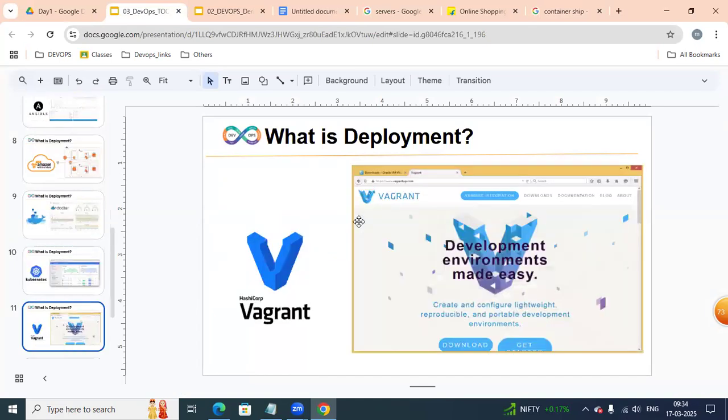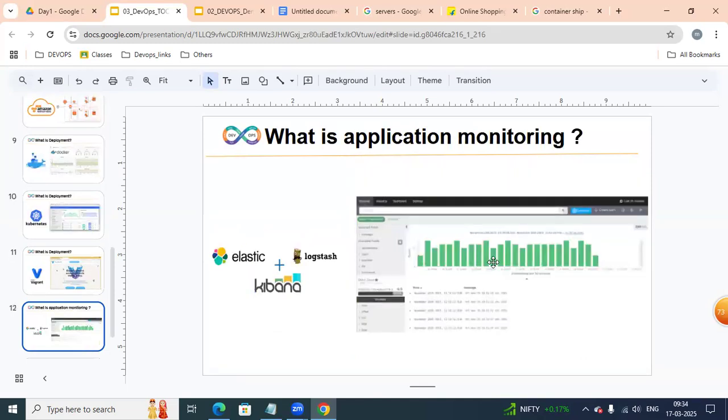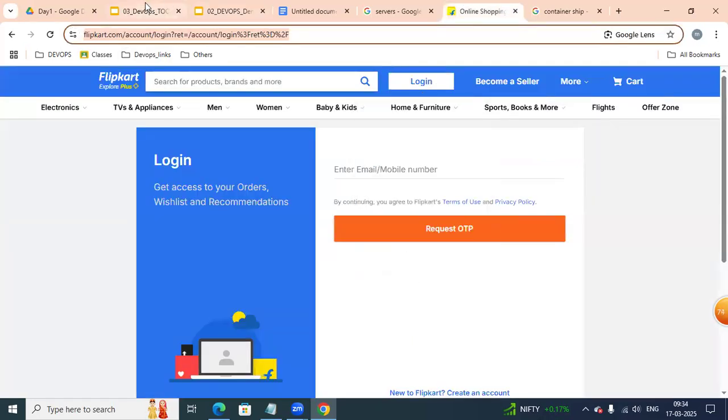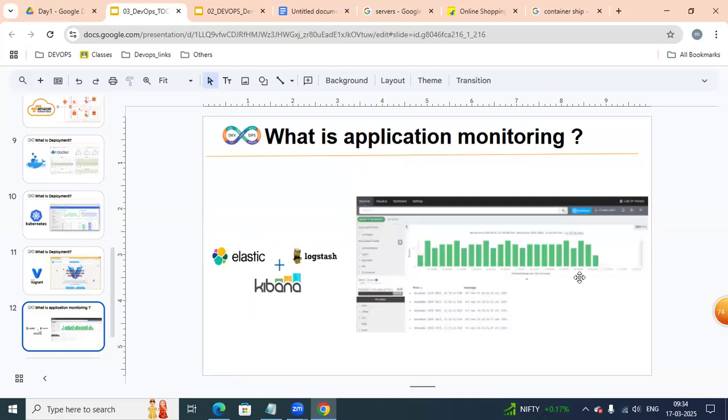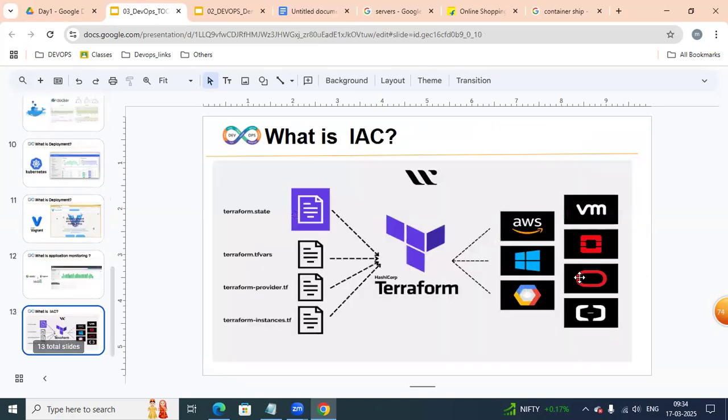And we're going to be learning Vagrant. Vagrant is a virtual provisioning tool. With the help of Vagrant, we can create virtual machines on your laptop, and make an easier development environment. We will also learn ELK, Elasticsearch, Logstash, Kibana, for monitoring our application, whether it is working or not, whether it is slow or not. We will continuously monitor and generate reports and statistics. And Terraform.